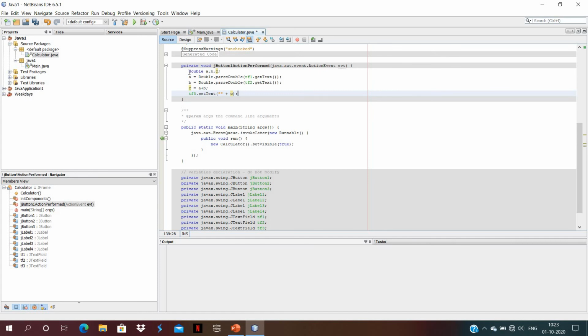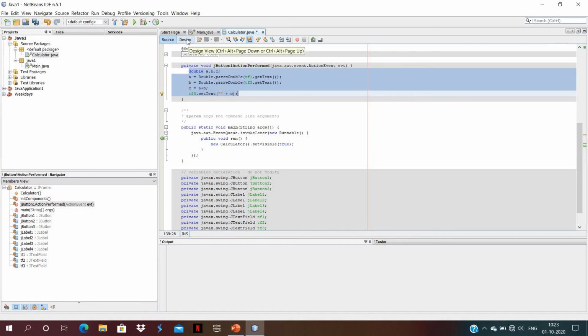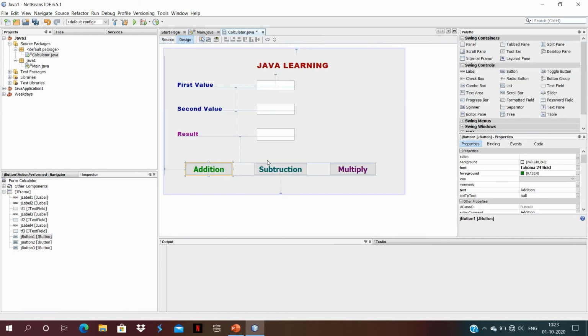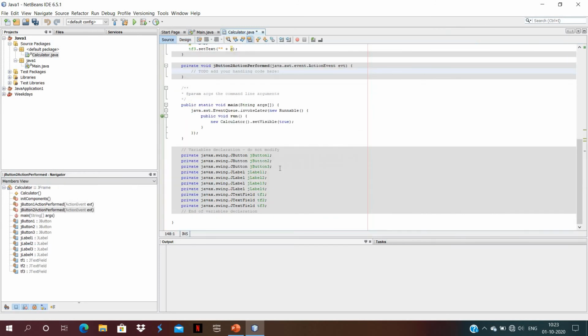Now we can select the whole coding and copy. After that we go to the design view and write down the coding for subtraction. So we simply double click on the button, and where your cursor is blinking you can start coding from there.